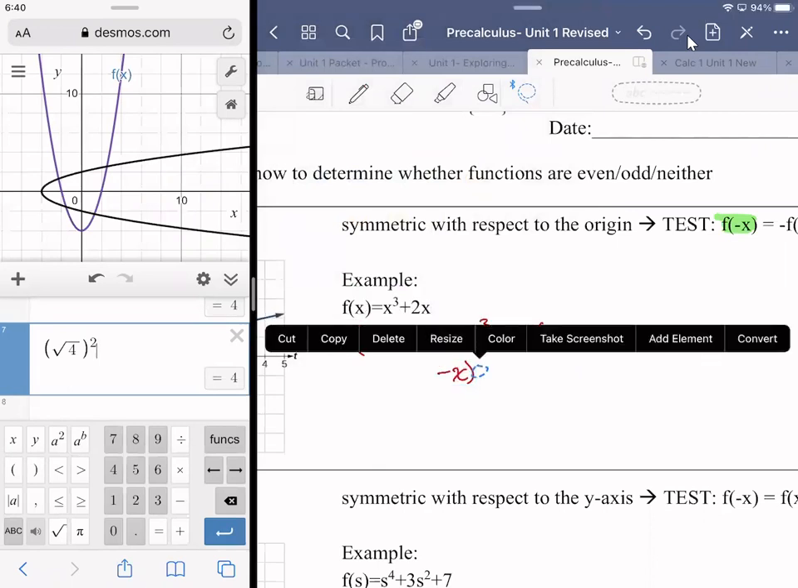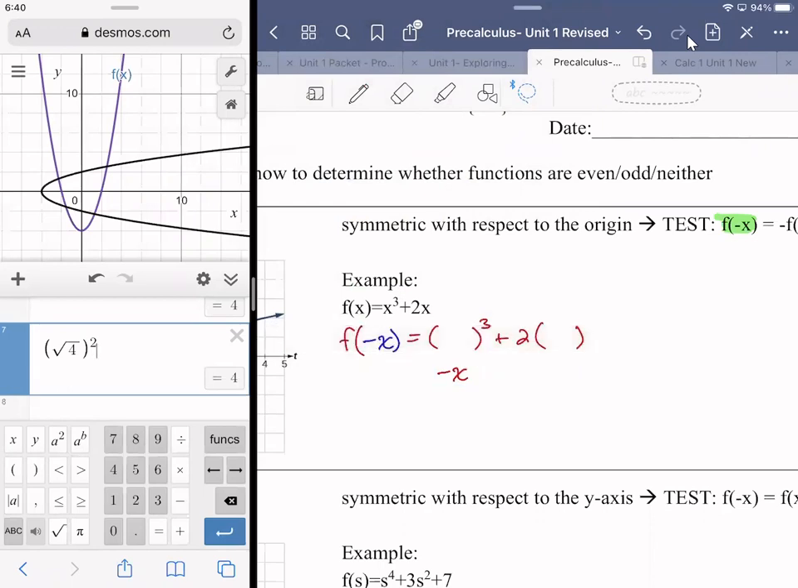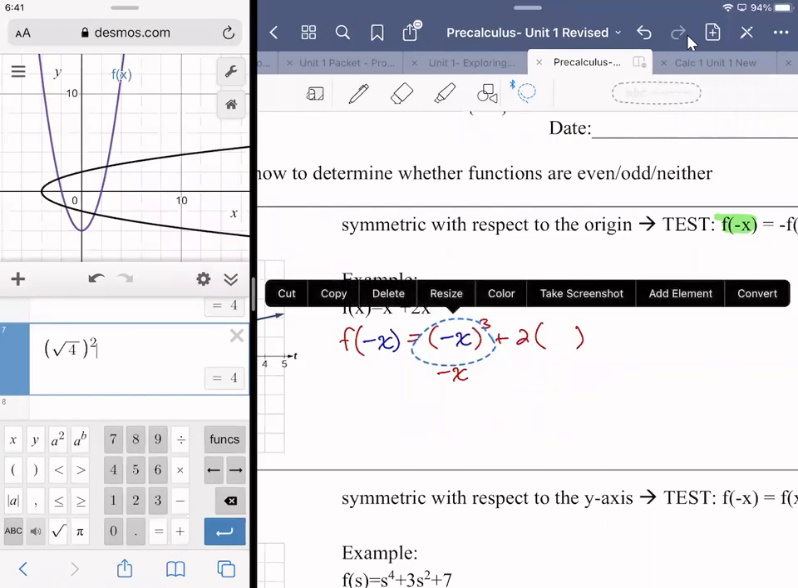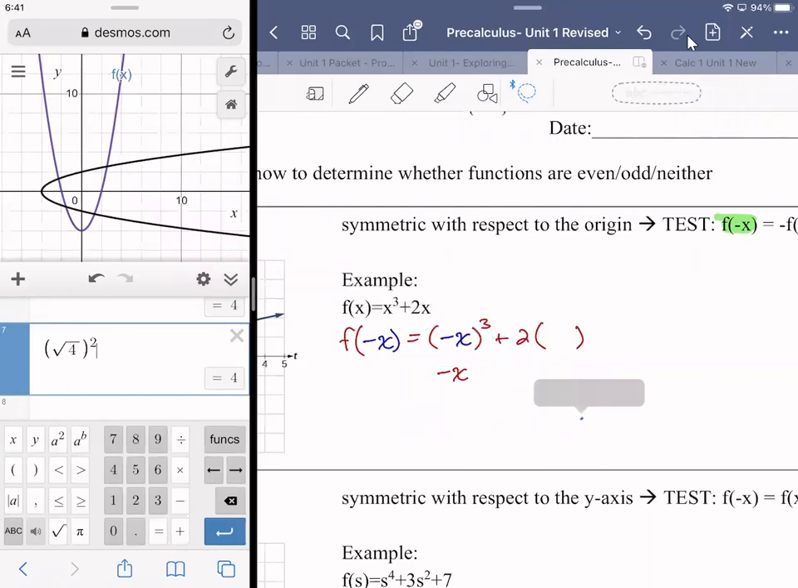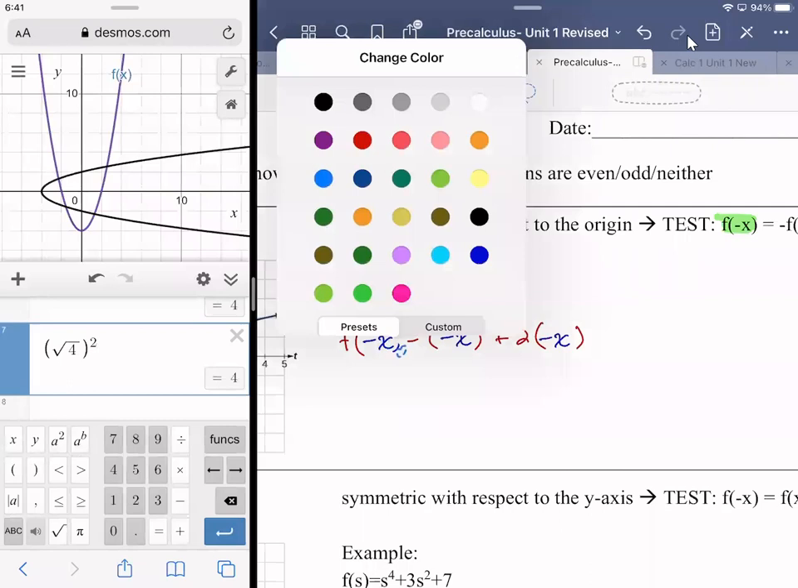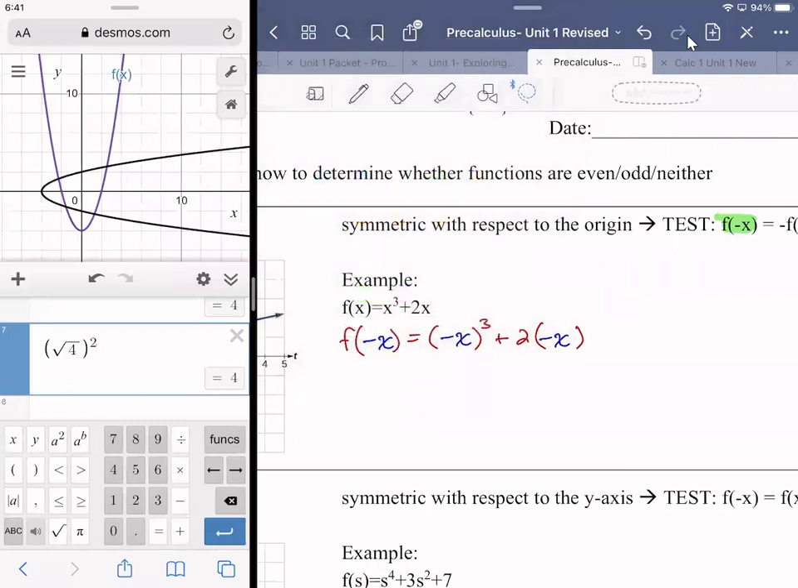Oh, I took the, dang it. There we go. That's a little bit better. Get rid of that stray negative x in a sec. Would have been easier to write instead of what I just did. Anyway,